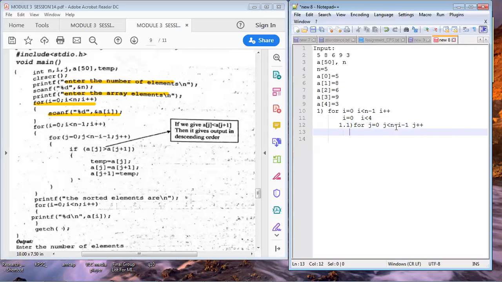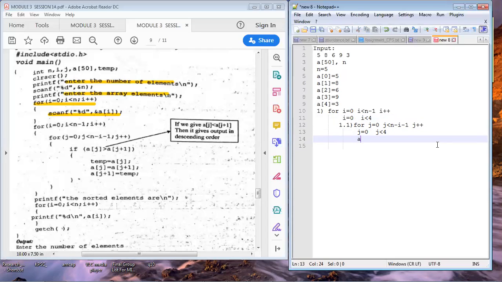What is the condition in the inner for loop? j must start at 0 and j is less than n minus i minus 1. In the first iteration, the i value is 0 and n is 5, so it is 5 minus 0 minus 1, which is 5 minus 1, that is 4. So in the first iteration, the j limit is 4.